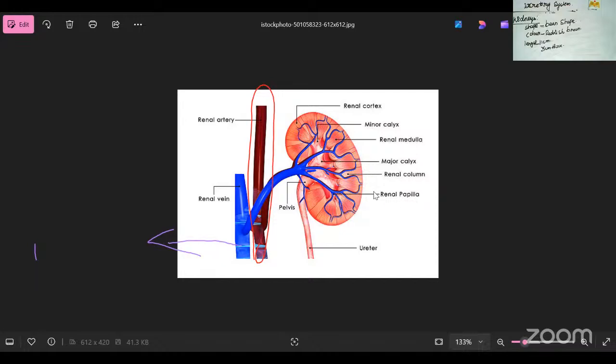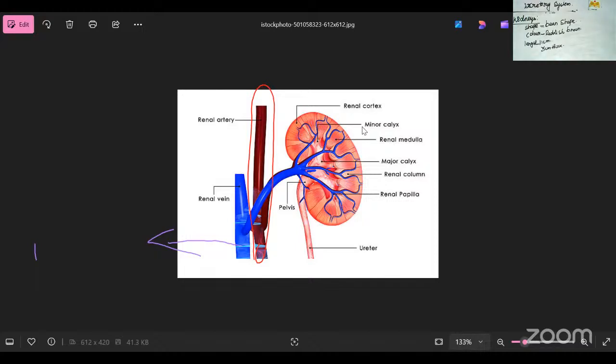So this is the cortex part and this is the medulla part. Both of these regions contain the tubules or nephrons. Different numbers of nephrons are present in our